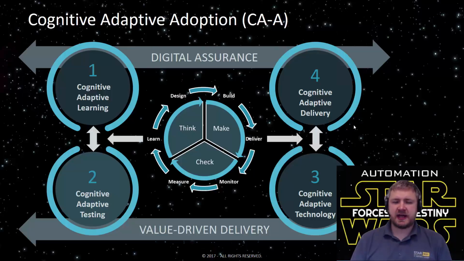So this is looking at things like, on the left-hand side, the learning, the thinking aspect of it, which is going to be machine learning and deep learning, applying algorithms and artificial intelligence to improve what we're doing, as far as reducing risk to the delivery or the technology that's evolved through testing. So this is where we talked about the pocketbook around digital assurance.